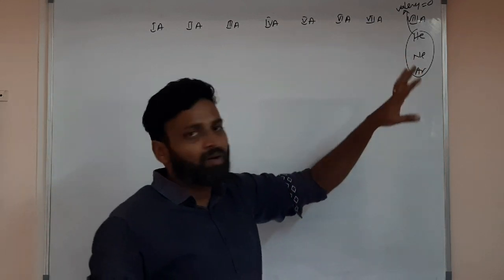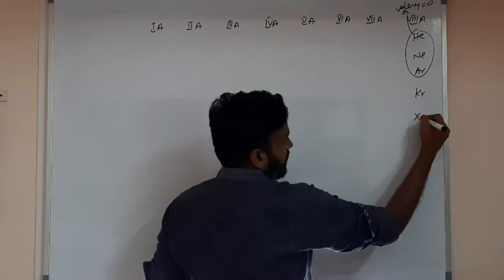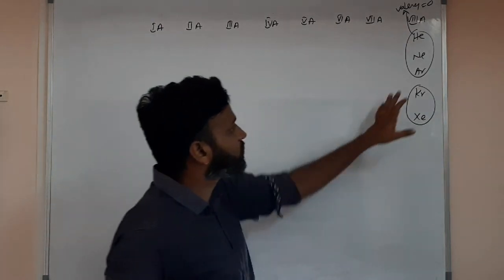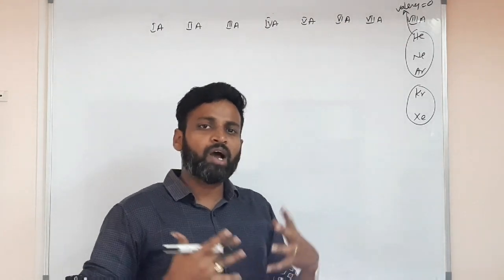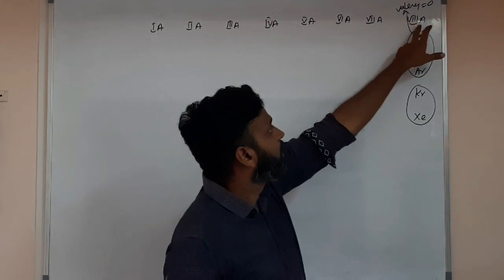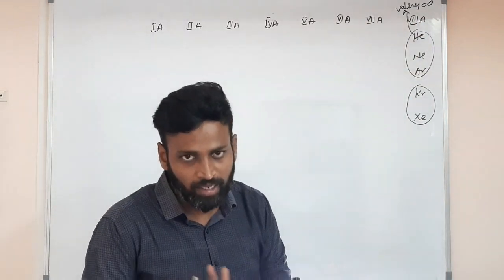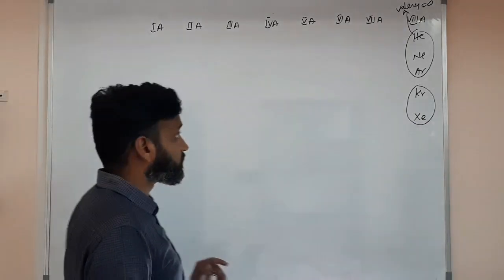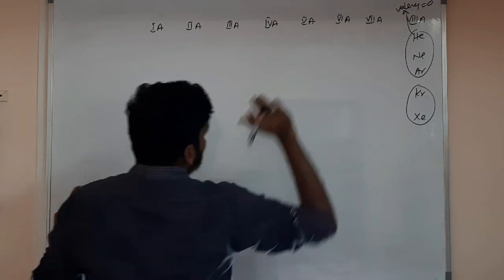These won't have any compounds because they are inert gases. But krypton and xenon have compounds, though those are also exceptional, at extremely high temperature and high pressure. There, krypton and xenon have some group number valency compounds. Those also we will discuss; you have no need to worry. So, coming to the 1A group to 7A group elements, what is the valency?